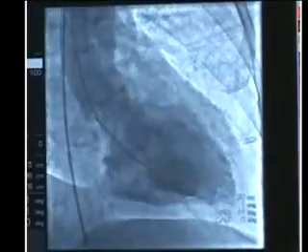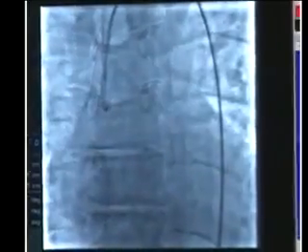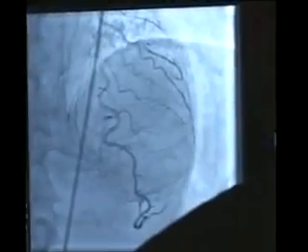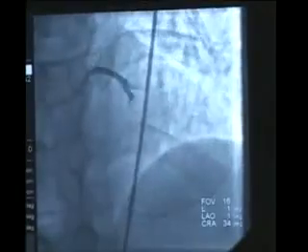We're going to look at the arteries that supply blood to the heart, the coronary arteries, using catheters that will select the coronary arteries. And we're going to start with the left. And so far, so good. All right. We're taking a picture of the left coronary artery and the left circumflex artery. The left anterior descending